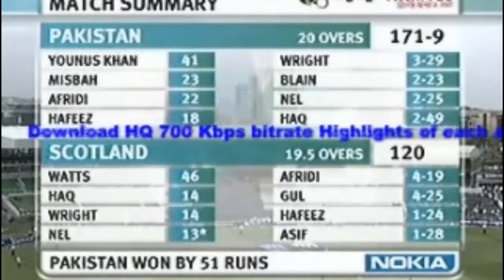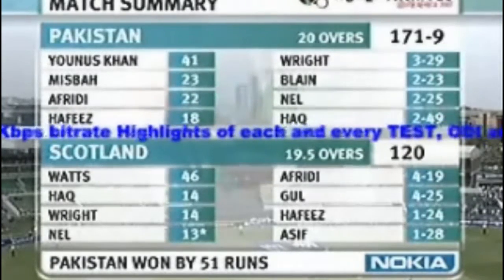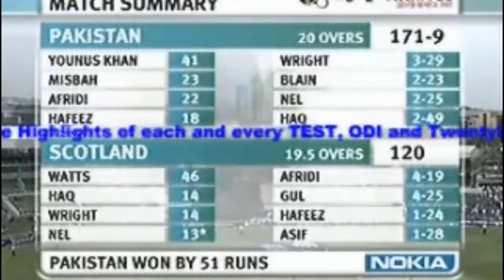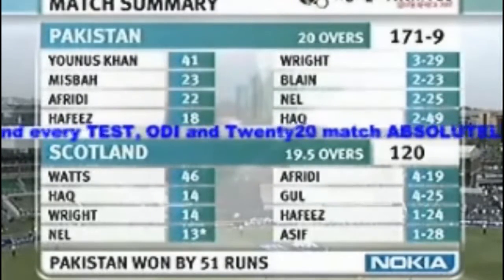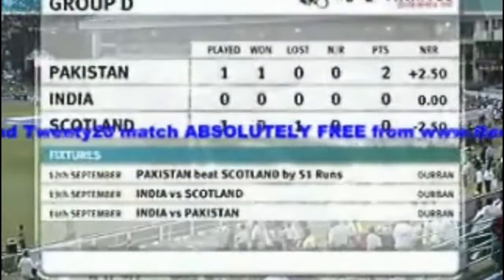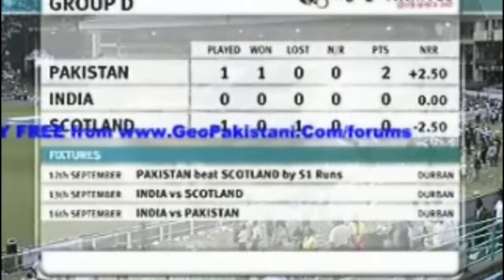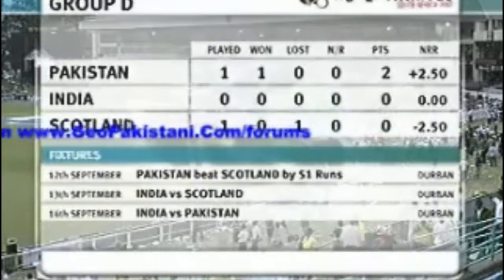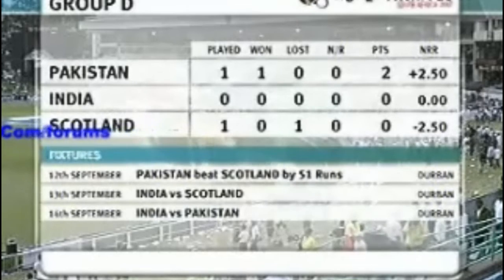The wrecker-in-chief being Umar Gul with a 4-wicket haul. Shahid Afridi bagging a 4-wicket haul of his own. Both Umar Gul and Shahid Afridi ended up being very, very successful T20 bowlers for Pakistan, almost hitting the 100-wicket mark, and they had held the leading wicket-taker position for Pakistan in the world for a very long time. So Pakistan ended up winning the first game of the T20 World Cup of 2007,